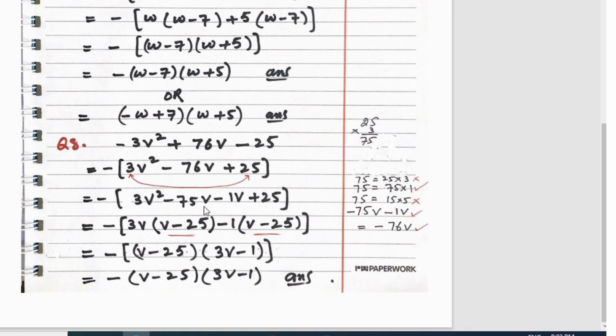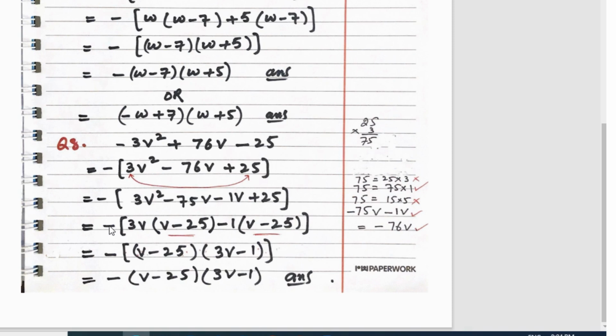Now these parts are giving us a way to take common by making pairs. First two terms and then next two terms. We will make pairs of the first two terms and the next two terms. Out of the first two terms, we will take common. Minus will come as it is along with the bracket until and unless we solve the whole expression. We will not open this bracket and we will not allow